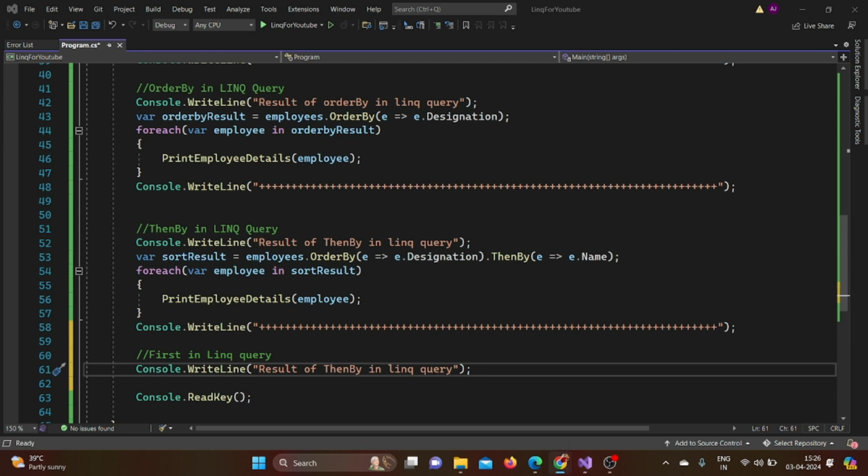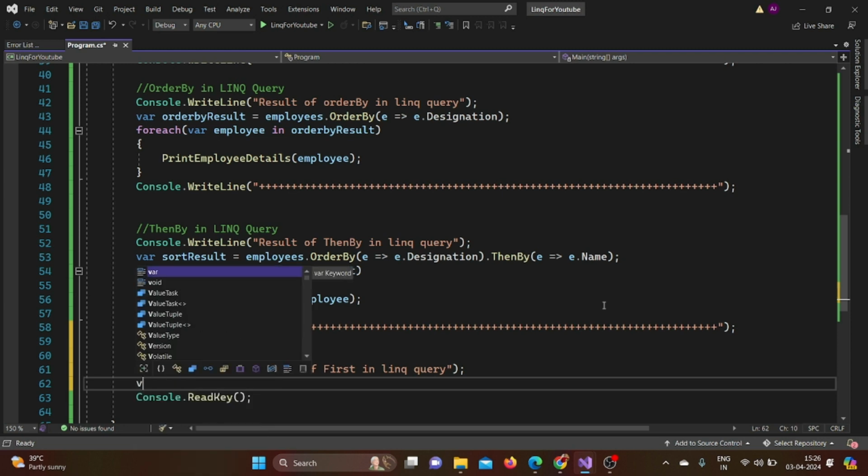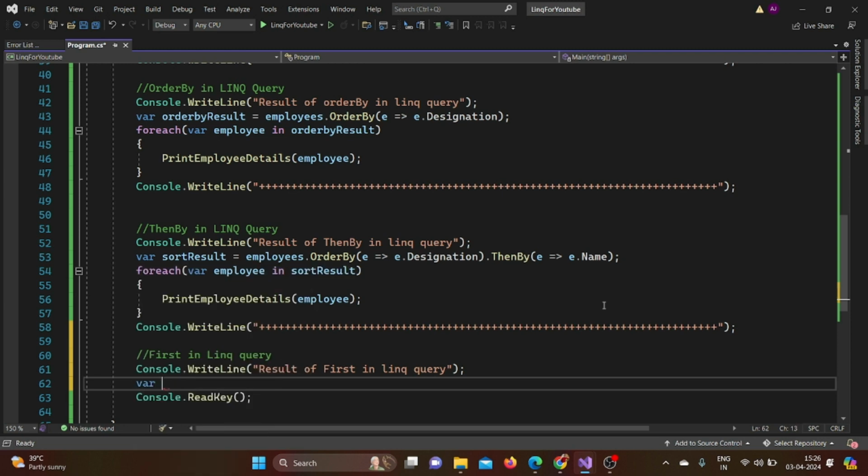Okay, so we will say result of First in LINQ query. Firstly we'll create a variable, and let's call it first result,